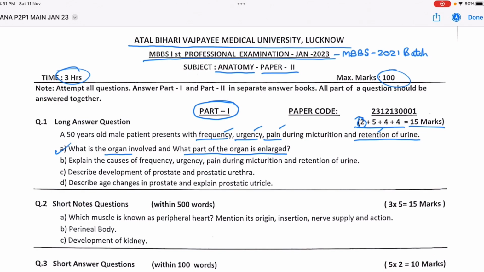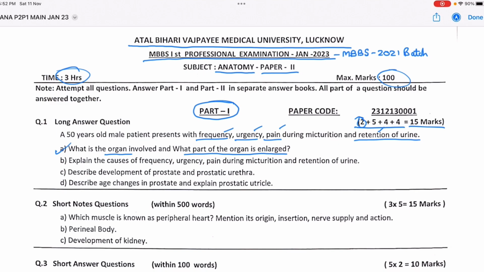it into lobes. So earlier there were 5 lobes. You had an anterior lobe, a posterior lobe, a median lobe, and the 2 lateral lobes. But now, according to Gray's 42nd edition, it has been revised that there are only 3 lobes. You have a median lobe and the 2 lateral lobes. That's the anatomical classification. The other one is a histological classification, where you divide it into 2 zones, the inner